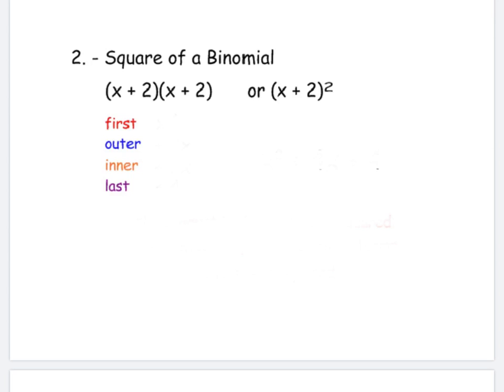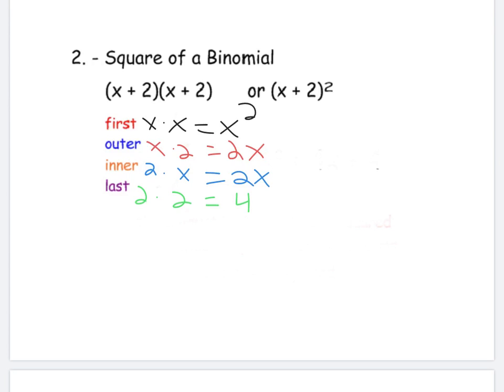The first term in my polynomials, if I was foiling, is x times x, which would give me x squared. The outside terms are x and 2, which gives me 2x. The inside terms are 2 and x, which again gives me 2x, and my last terms are 2 and 2, which gives me 4. So when I combine my like terms this time and put my answer in standard form,